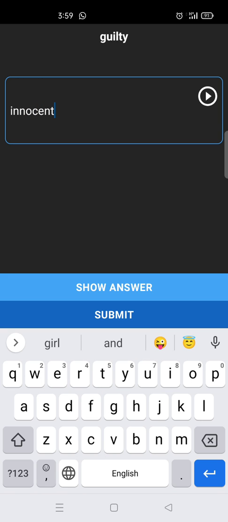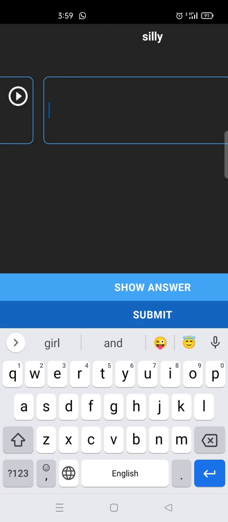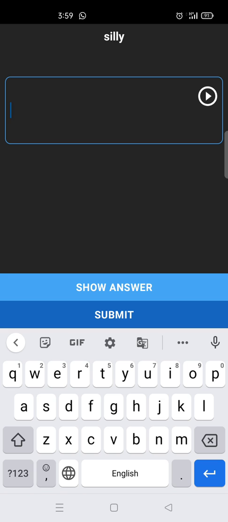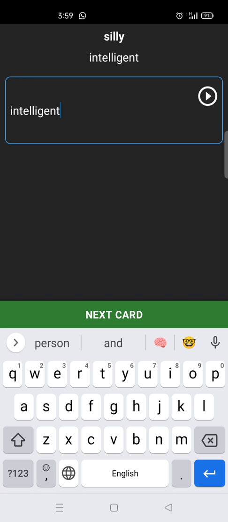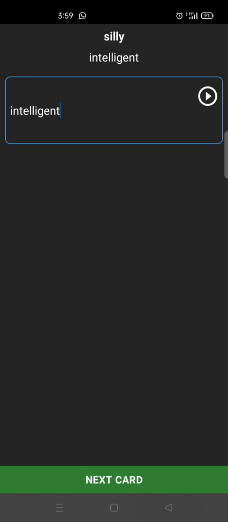The next card, silly, intelligent. They can learn the pronunciation of the words by pressing on the play button. Intelligent. So like this they can play these cards like a game.